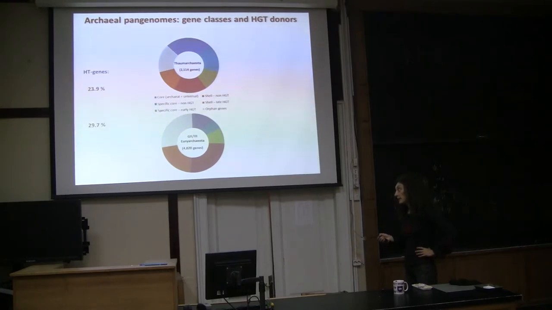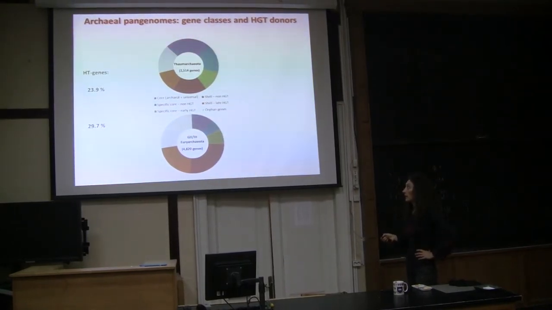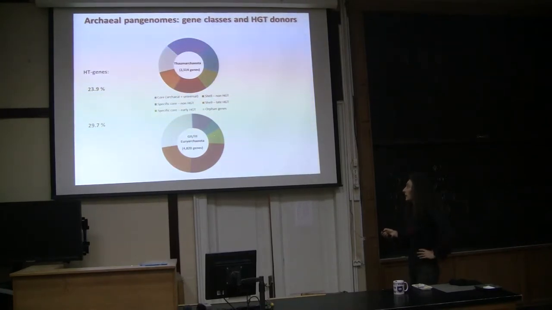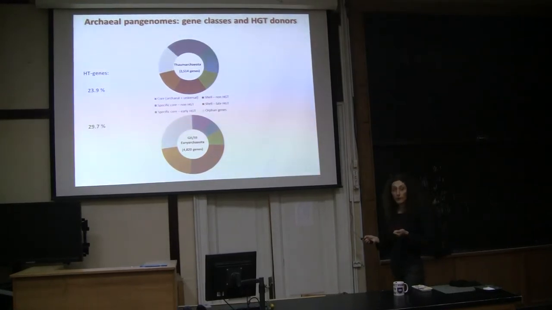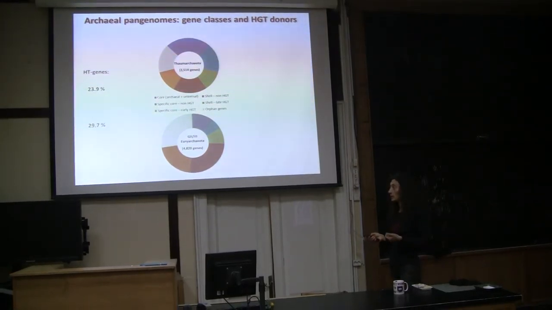And up to nearly 30% of the genes in group 2 and 3 Eukaryotes genomes are coming from, again, distant horizontal gene transfer donors. No? So in this case, you see that there are more genes belonging to the shell portion than to the specific core, but this is possibly due to the fact that we don't have good reference genomes. The only reference genome that we have is a composite genome that may lack some genes actually.